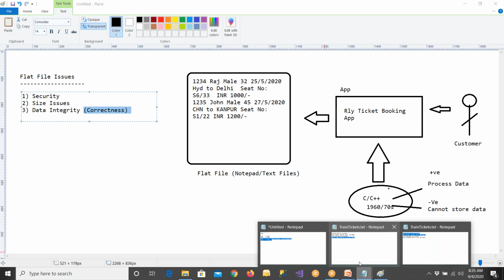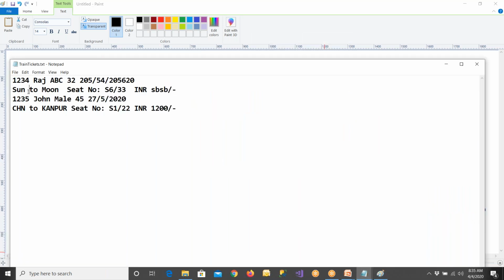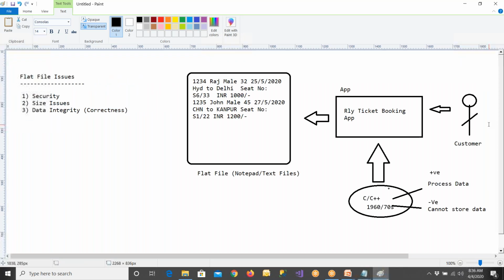What do you mean by correctness here? There is no station called sun, and there's no station called moon. And this is not the way that we should store the dates, and this is not the way that you should have the gender information. And somebody says that age is this much. Can we have this much of age for people? So everything has completely gone bad, and people are completely saving the data. This is the big headache to the customer.